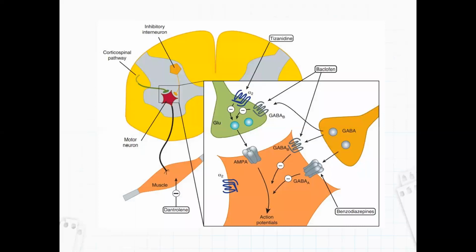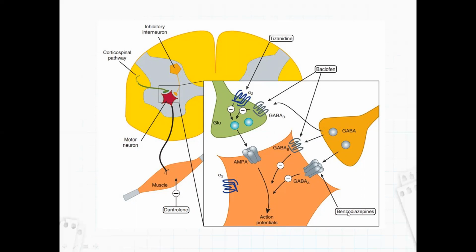In this diagram, this is the part which is again magnified. What is happening here is, this is a neuron. GABA is an inhibitory neurotransmitter. Glutamate is an excitatory transmitter, so this gives the stimulus for the contraction. When there is enough GABA, it will be inhibiting this action potential. This is the normal pathway.